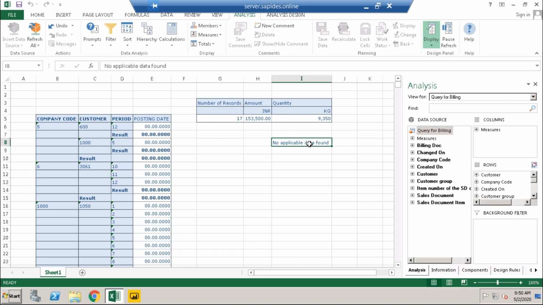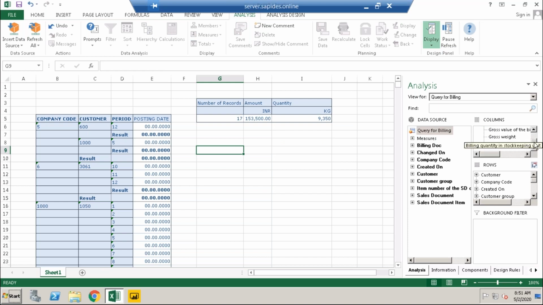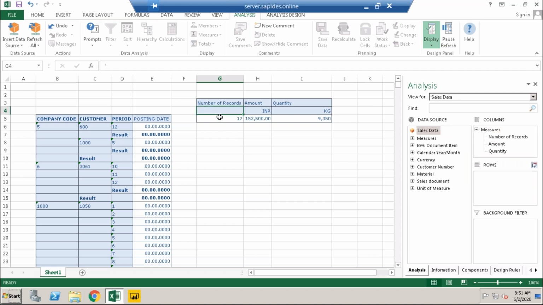Okay, now sales data has the proper information. In this sales data, I have the quantity and so on. Whereas here we have number, company codes, list data.